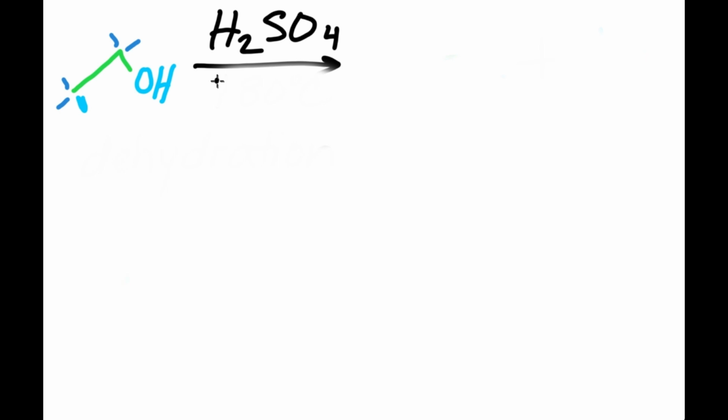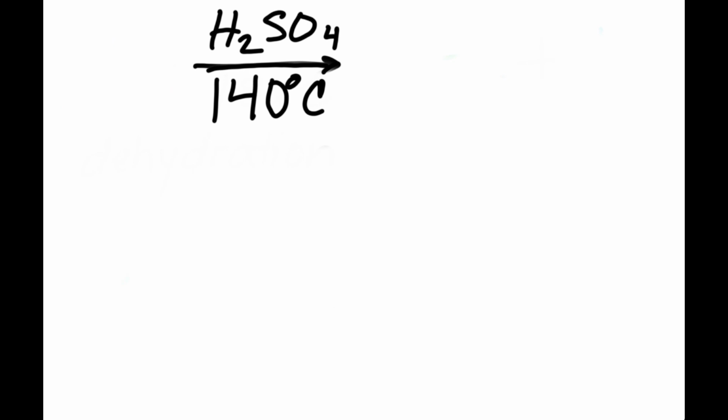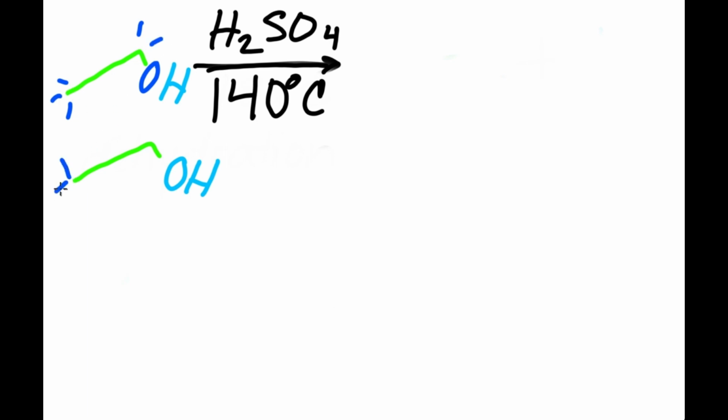What happens if it's a little less hot? So let's do 140 degrees Celsius, and we're going to need 2 ethanol here, but I'm going to have to change the colors a little bit so it can make sense. We'll keep the light blue for the part that's going to break off and become water, and a dark blue for the rest of the components that are going to stay attached. Just the hydrogens that are going to stay on, they're implied.